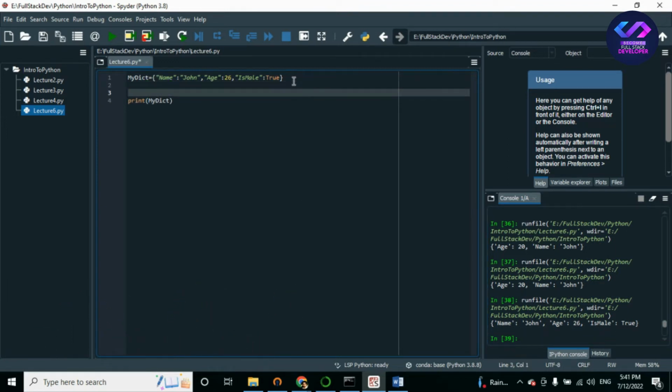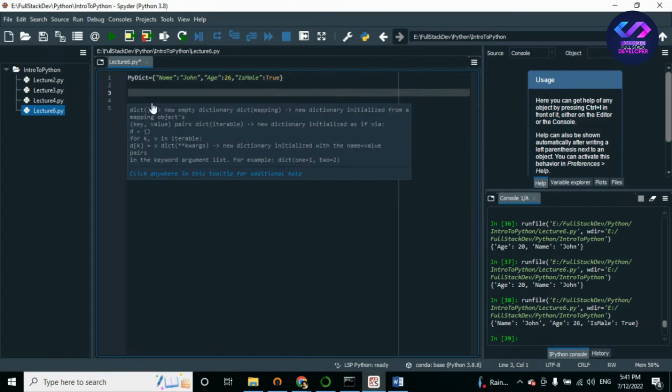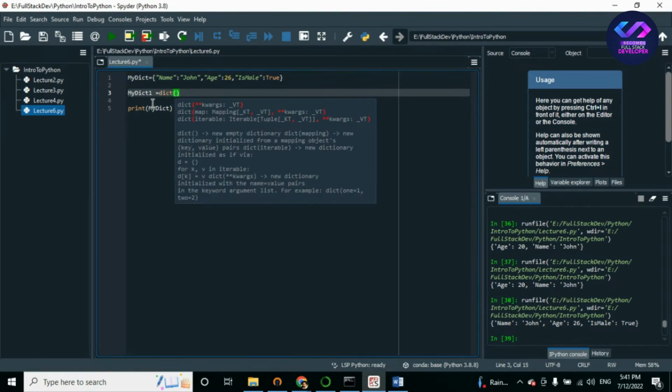So there is another way to declare a dictionary. Suppose I'm going to declare a new dictionary with the name my dictionary 1. We can use dict, then the brackets. It takes the argument mapping or iterable. So you can declare the dictionary in this way with dict. This is actually the constructor of the dictionary. We can use it like this: name is equal to,